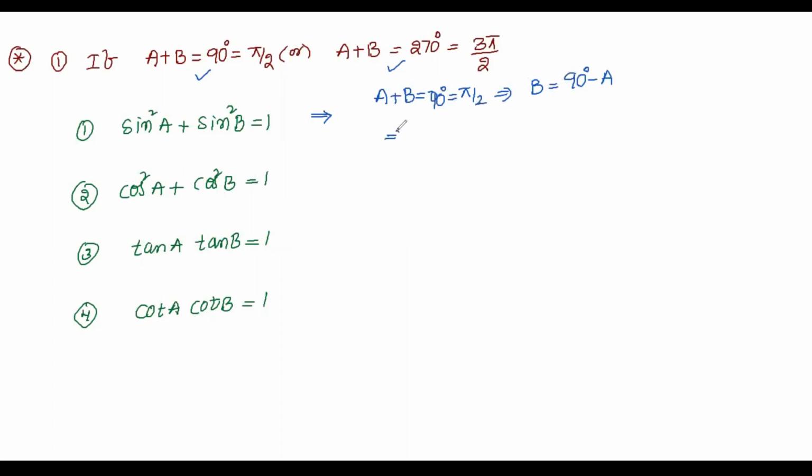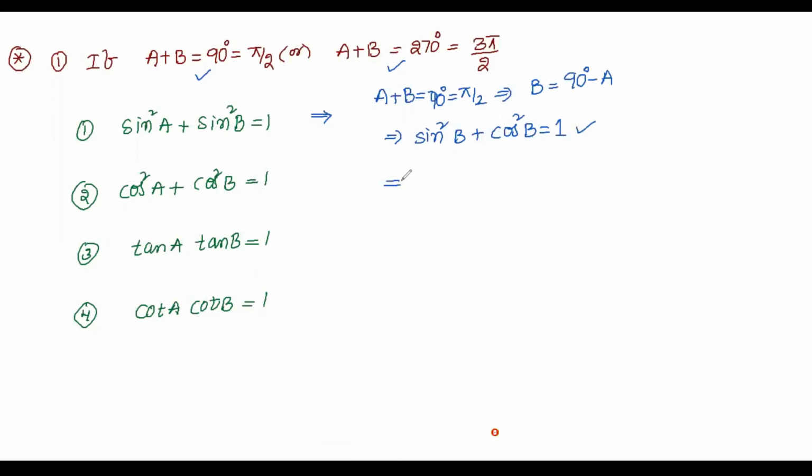Now we know that already sin square B plus cos square B is equal to 1. This is a trigonometric identity: sin square theta plus cos square theta is equal to 1. Instead of that theta, I am writing angle B. Theta is also an angle, no? Instead of theta, we can write any angle. So sin square B plus cos square B must always be 1. Whatever this B value is, it doesn't matter, the value is always equal to 1.